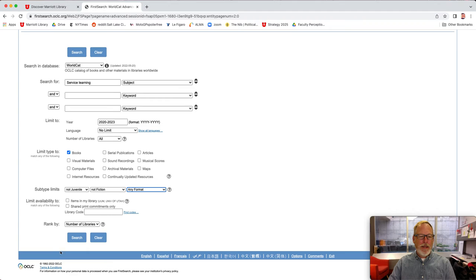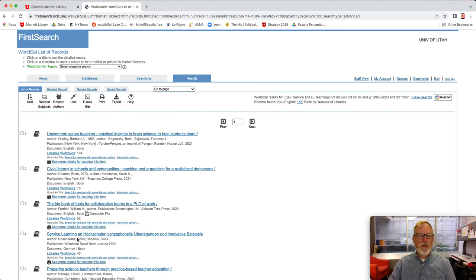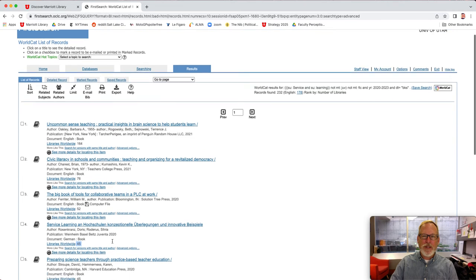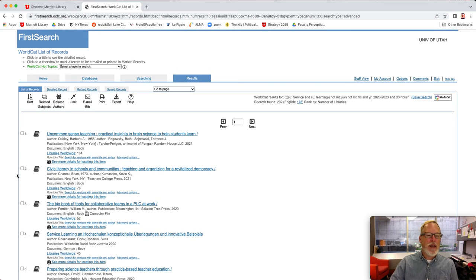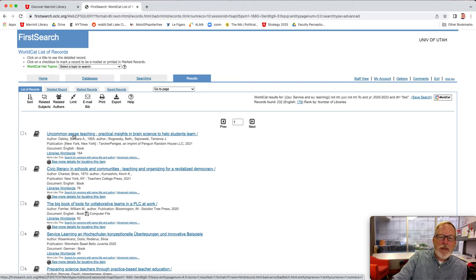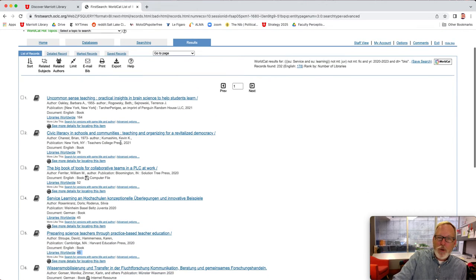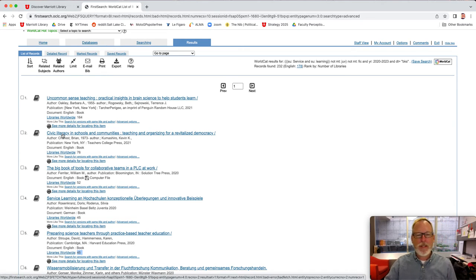Okay, here we go. When I do the search, can you see right here? It's ranked by the number of libraries that purchased the book. This is the number of libraries that felt this was so important that it should be part of their collection. So what you could say is Service Learning on Common Sense Teaching is the most important book published in the last couple years. That's a quantitative statement. So what I would do is I would go through, if I had to purchase 10